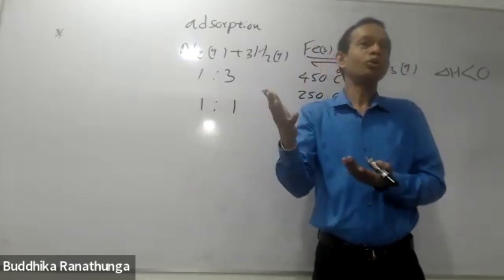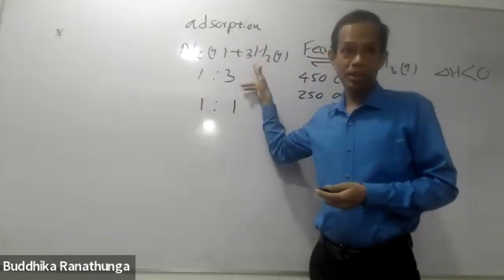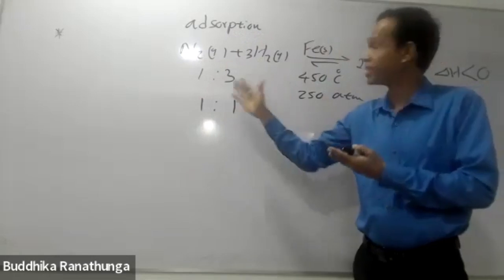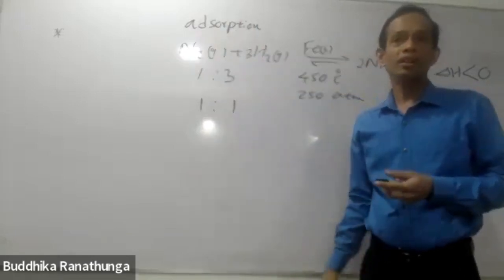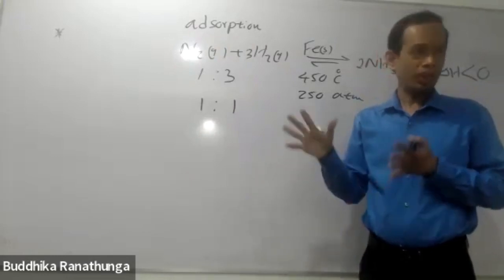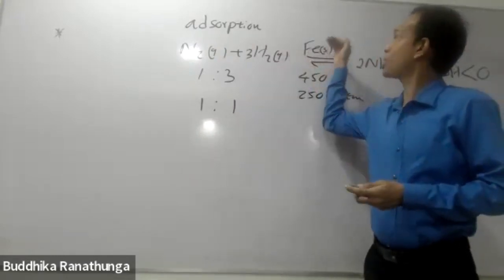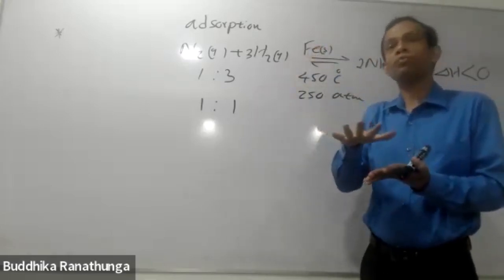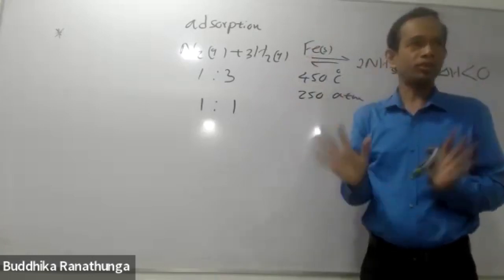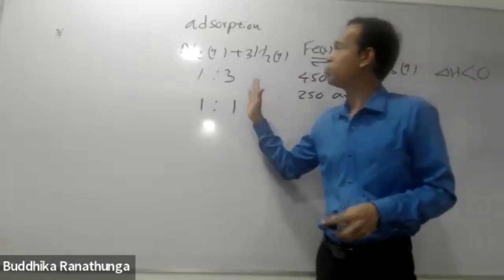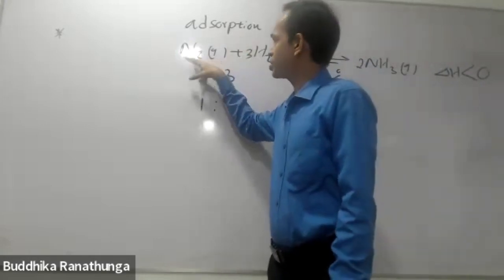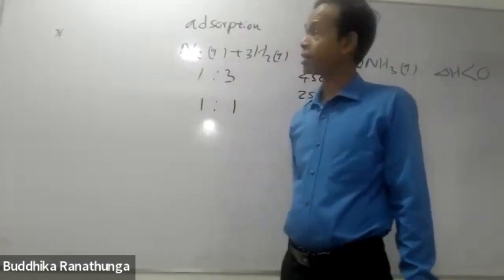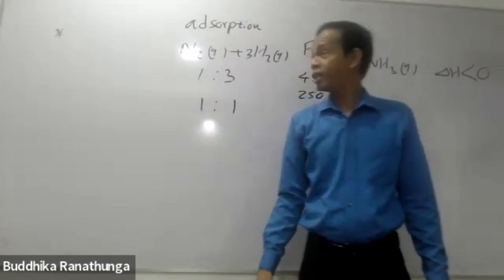Why? There is no hydrogen to react, because hydrogen has to be 3 times the nitrogen. Is that clear? In that way, you may not use the entire surface of the catalyst for the reaction. Therefore, it's very important to introduce the reaction gases in the correct molar ratio. Is that clear? The other thing is it has to be very pure,